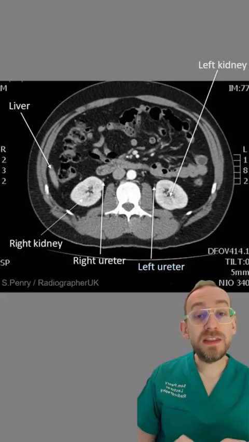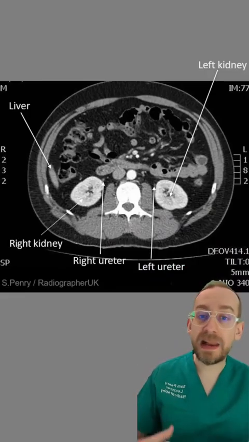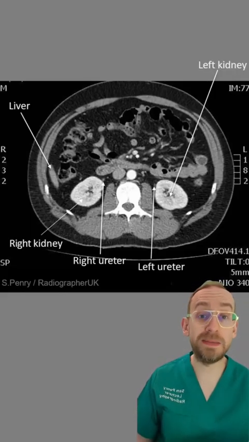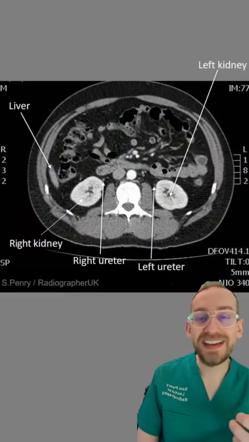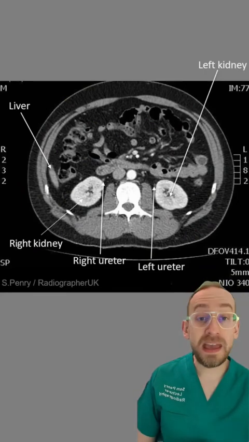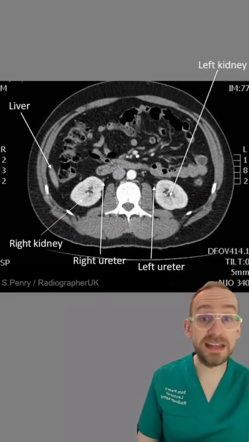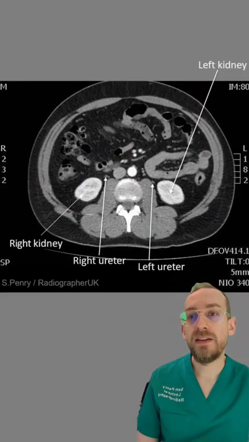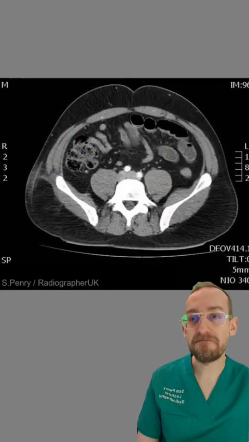If we wanted to look at the ureters more clearly, same with the kidneys and the bladder, we would usually take a very specific type of CT scan called a urogram, a CT urogram. Now, we haven't taken the CT urogram in this particular case, so the ureters are very difficult to see. These would appear more white if we were to have taken a CT urogram. But we can follow these all the way down, and we get to the point here where we see the bladder,